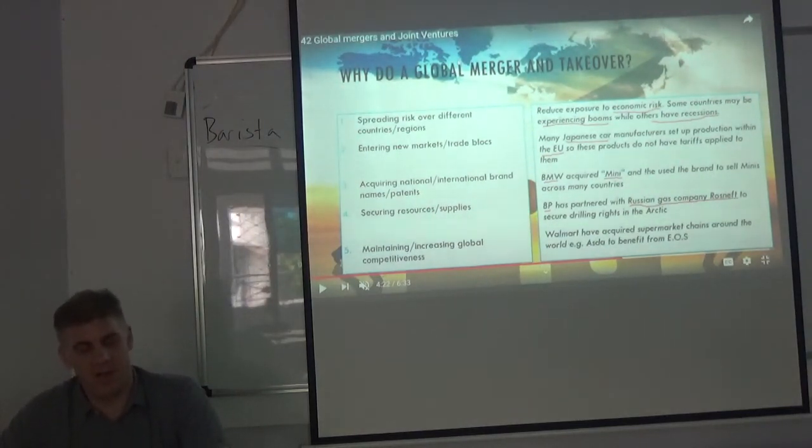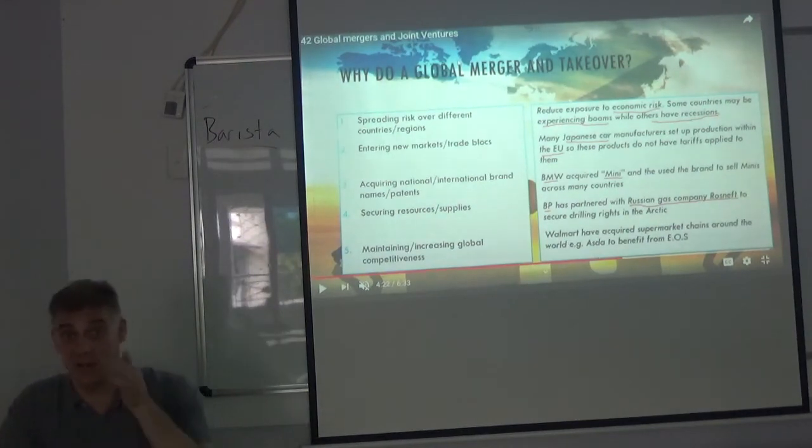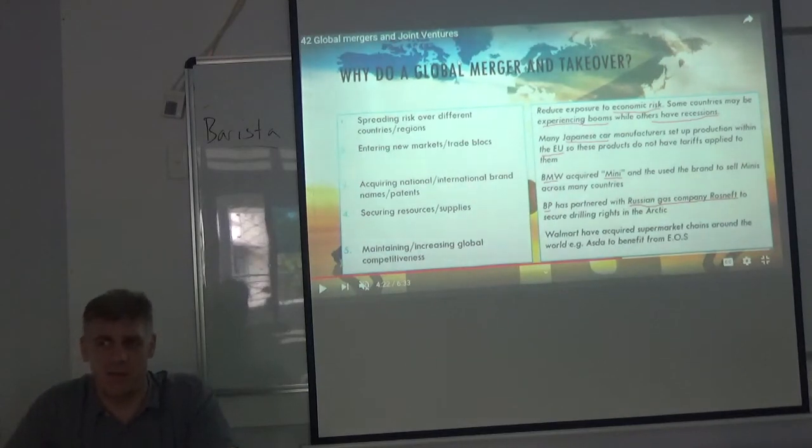Employees of all joint venture partners must be committed to making the arrangement work. Of course you would. They must understand the difficulties of the joint venture, but also what they have to gain from it. Because you're starting something new, you have a clear goal, right? Much more clear than, okay, we're just going to merge these two companies together to try to get more market share. And everybody's like, well, what does that mean? How much market share?